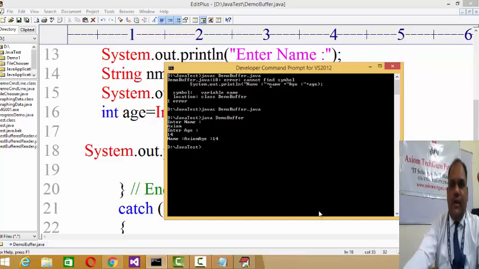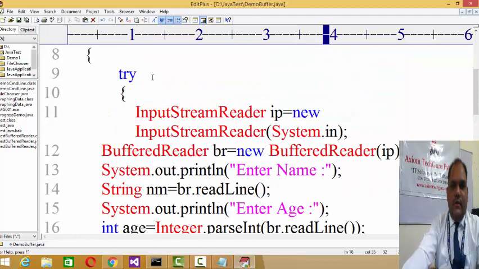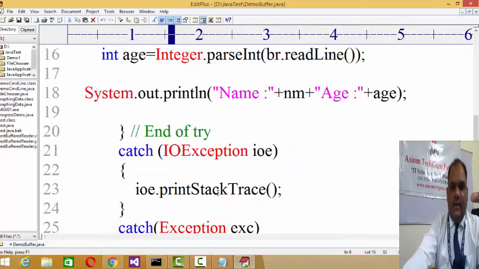And in case of buffer, as we are dealing with the buffer or cache memory, whatever inputs you give will actually go to the temporary buffer memory, and then be assigned. But while implementing buffer reader, we have to deal with the try catch block, and it's compulsory because Java will not allow you otherwise.